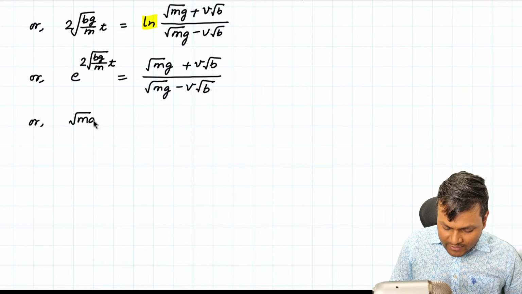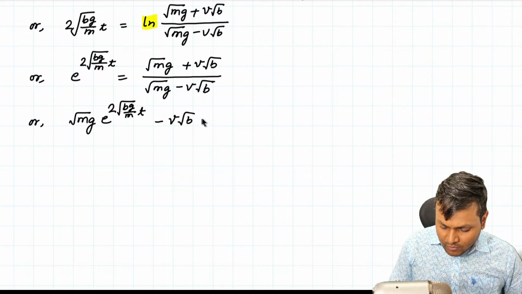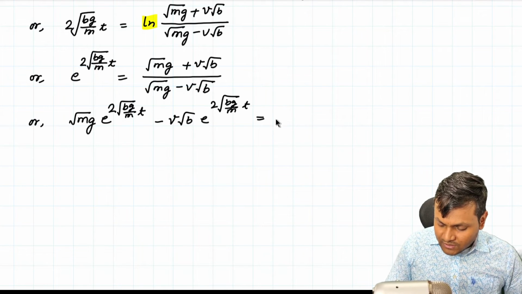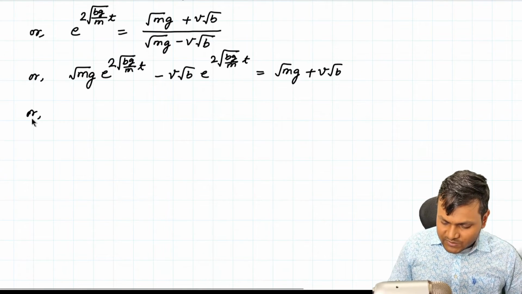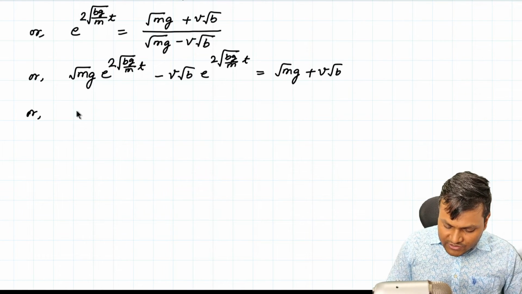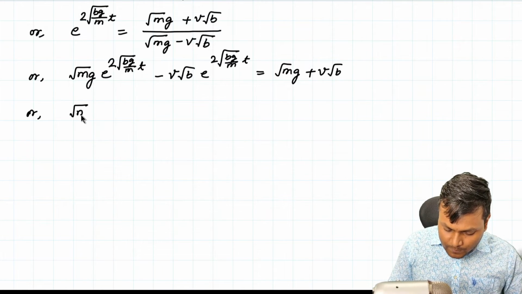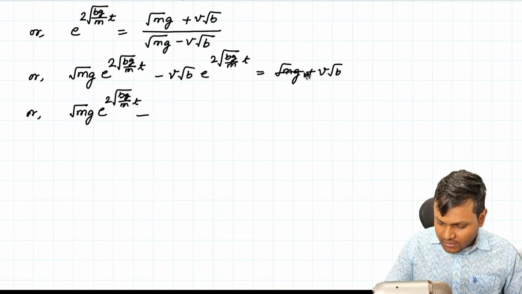So here I can write root over mg e to the power twice root over bg upon m t minus v root over b e to the power twice root over bg upon m t is equal to root over mg plus v root over b. Okay, I'm trying to obtain some kind of a simplified expression. That is why I'm making all of these substitutions. And now if I again rearrange the whole thing in such a manner that I write root over mg e to the power twice root over bg upon m t, and bring this term to the left hand side,